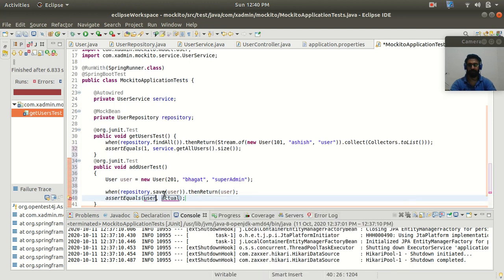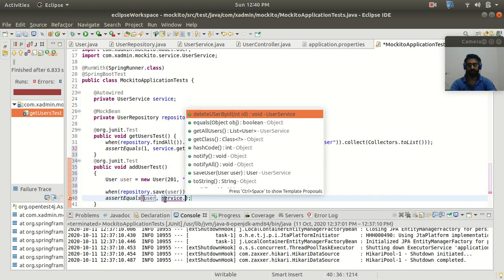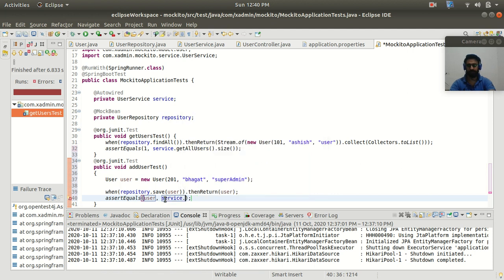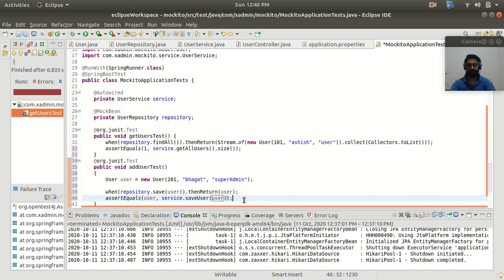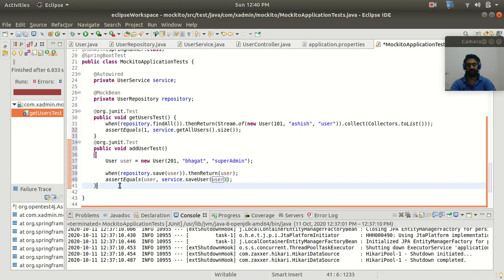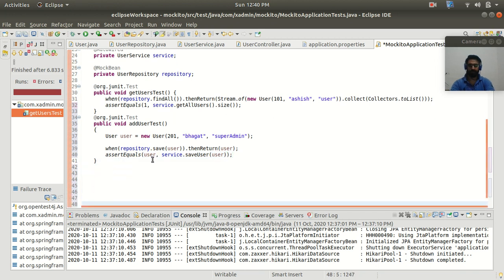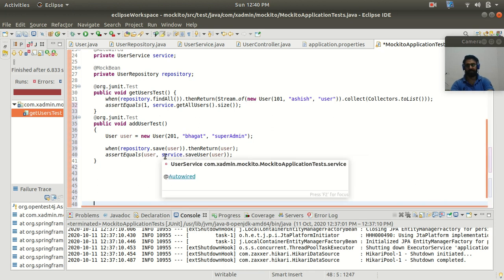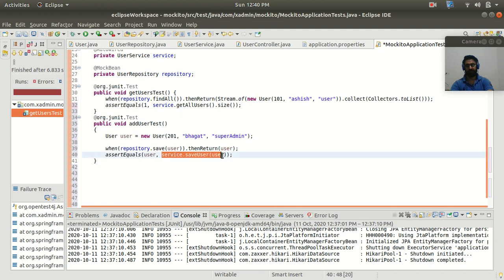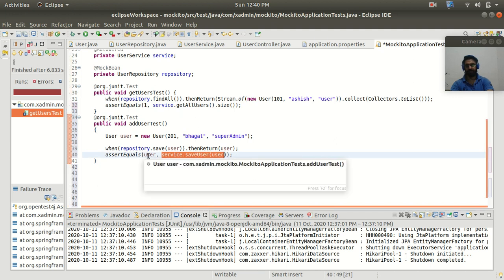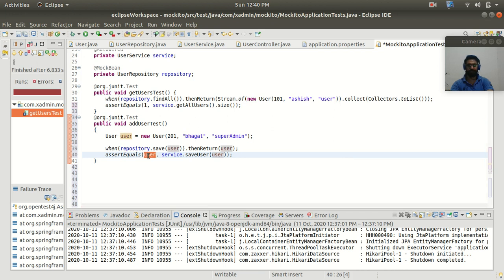So that's why I will provide user, and for the actual I will call service dot save, a save user method I have added to my service class. So here it is going to compare the user value, and it is just returning the user object which we are saving, and here we are just comparing with the expected value as user.